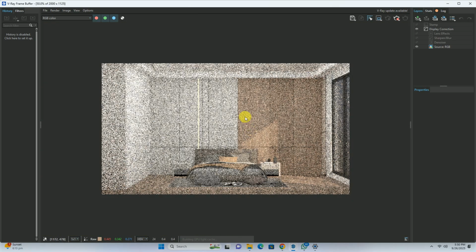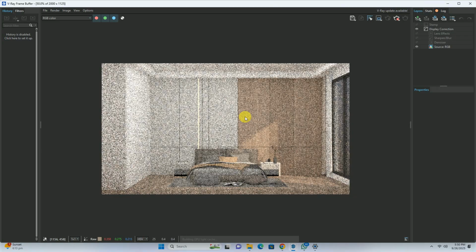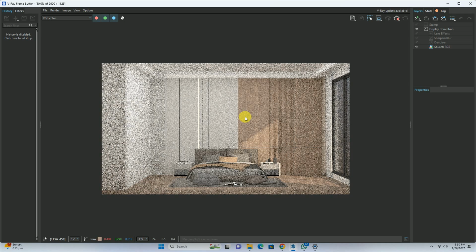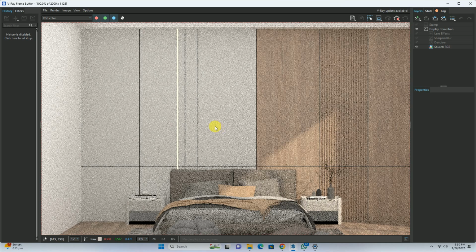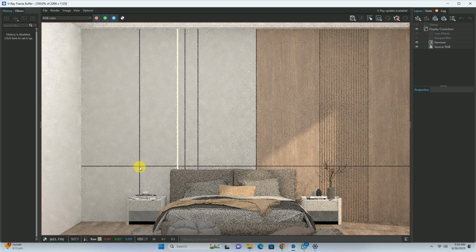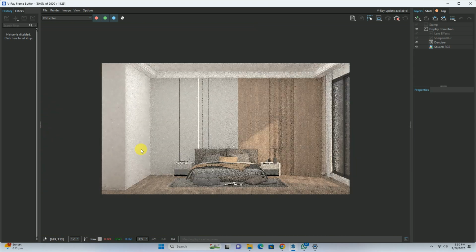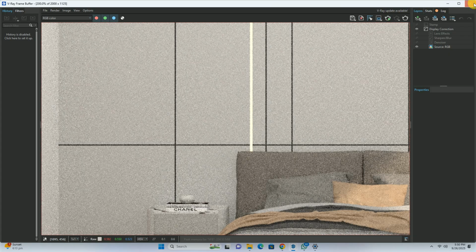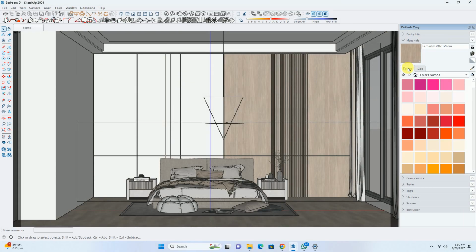So by adding light, we can see the things properly. Now we are getting quite a darker color over here. So what I'm going to do is reduce this color from this much dark to a lighter shade of gray. For that, I'll stop this V-Ray render.